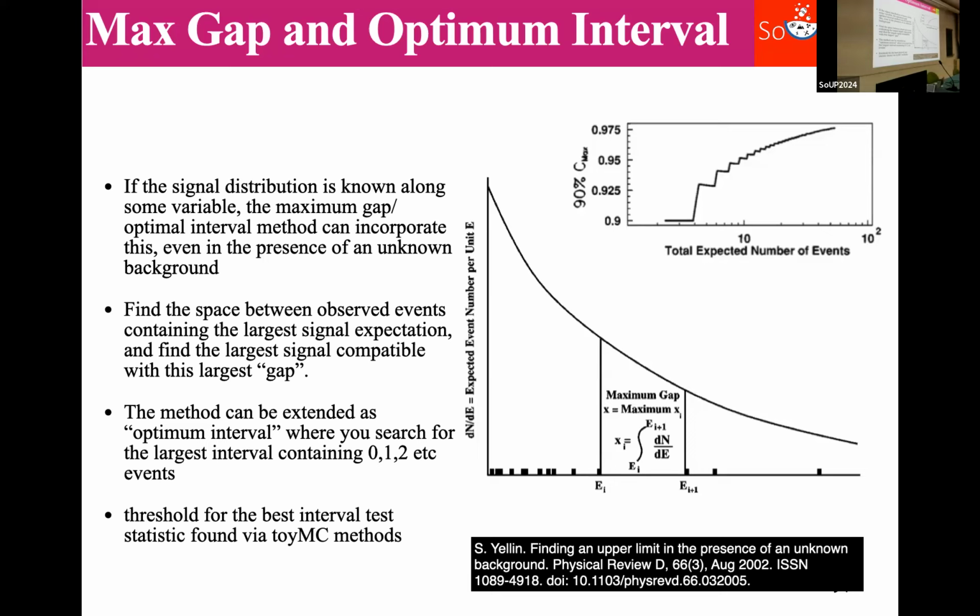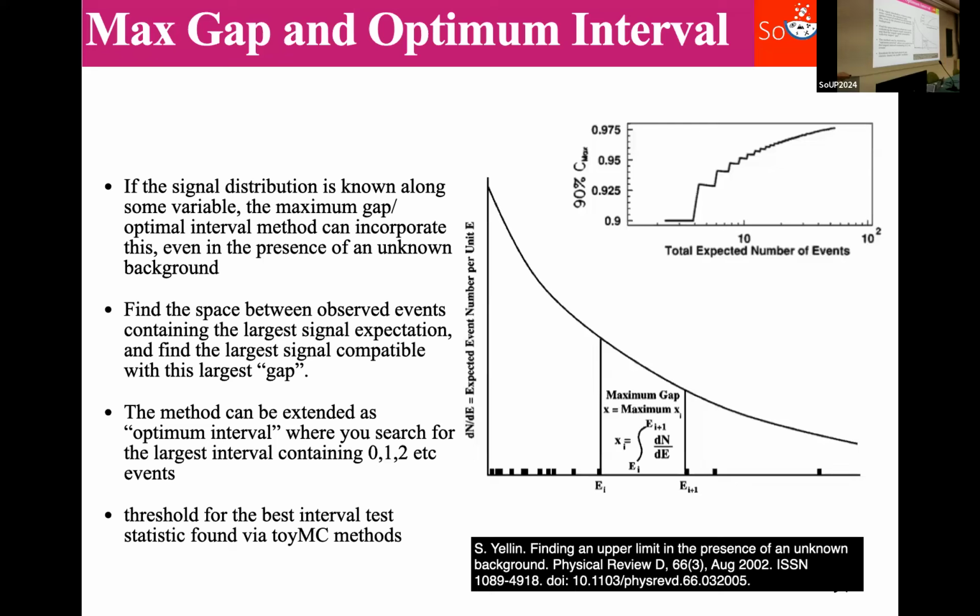Now, that would just give you a counting experiment, right? It would give you a counting experiment and you would have perhaps hundreds of these events and you would get a very, very bad upper limit. What it turns out that you can do instead is you can say, what is the maximum gap here in terms of expected signal? So what is the largest gap where I didn't see any events, where I would have expected to see events given my signal distribution? Right, so if this is your signal distribution, you look here, okay, the PDF is high here, but this is a very small gap, so we don't expect so many signal events here. But this is a big gap here with a lot of area, and here we should have seen some signal if the signal hypothesis really were true.